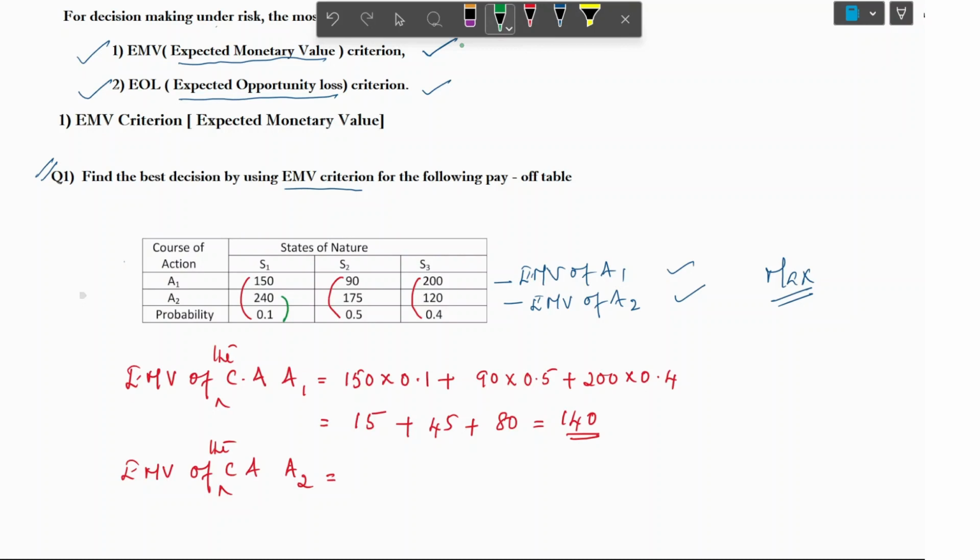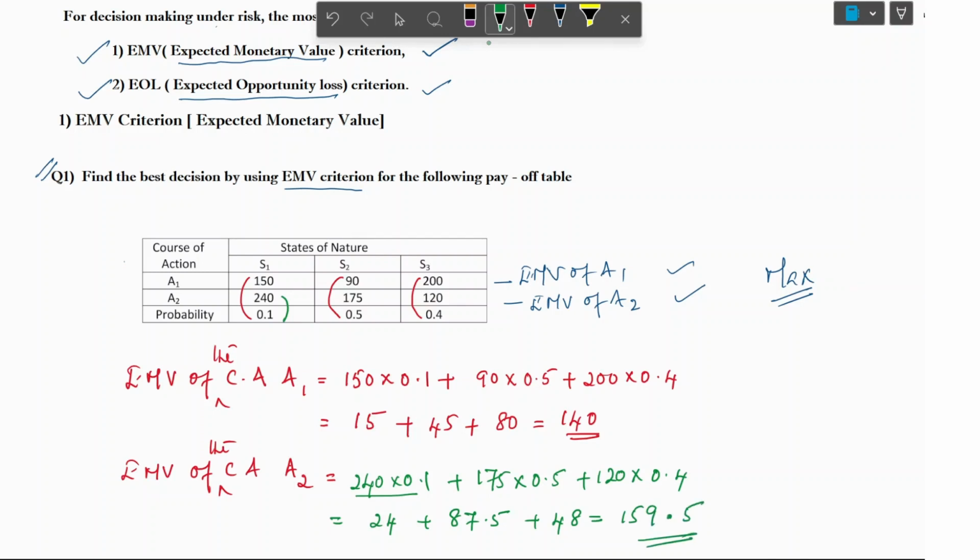That means 240, not 120, multiplied with the corresponding probability 0.1. Next value 175 multiplied with 0.5 plus 120 multiplied with 0.4. Now each and every term first multiplies: 240 into 0.1 is 24, plus 87.5, plus 48, that gives you